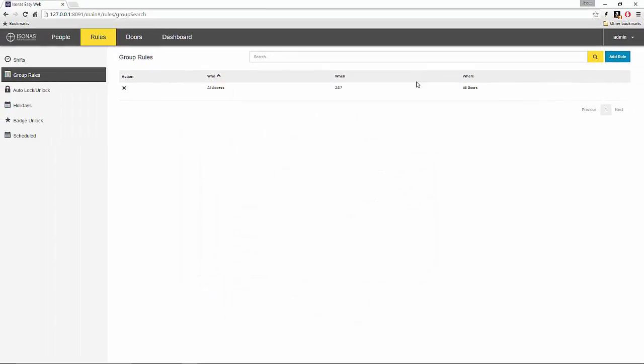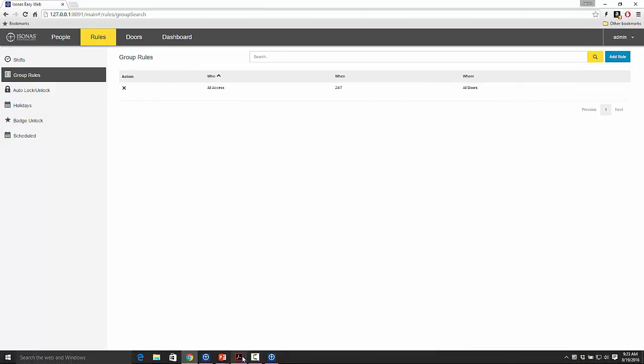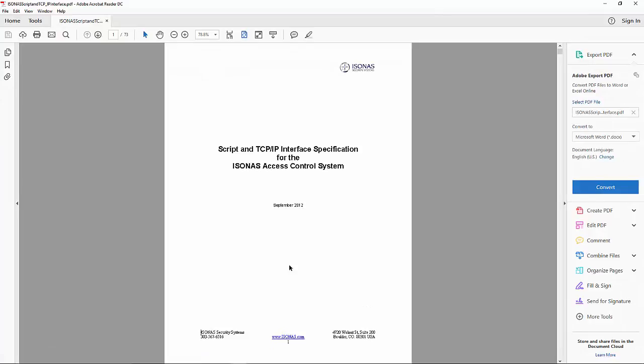Before we start writing our scripts, let's take a look at the TCPIP manual. This manual has all the commands for the TCPIP interface. It also goes over the connection process as well. So there's a couple commands that I know we're going to use for this scenario. We're going to use a lockdown command. So if we search this document by hitting Control F and just type in lockdown,